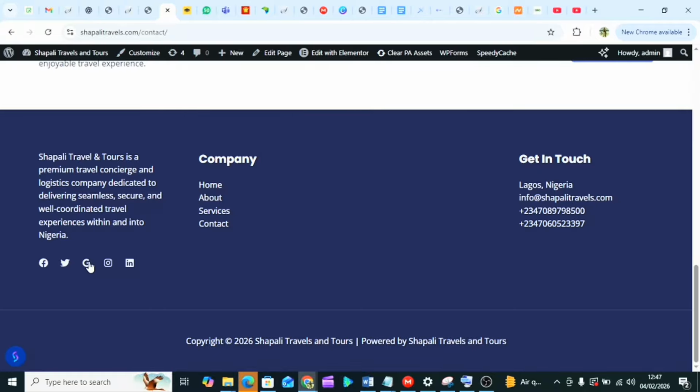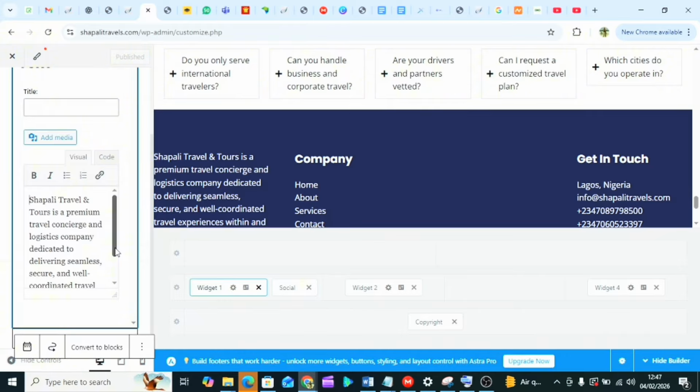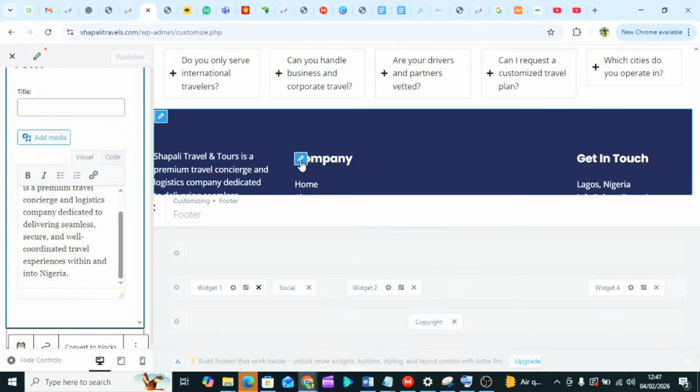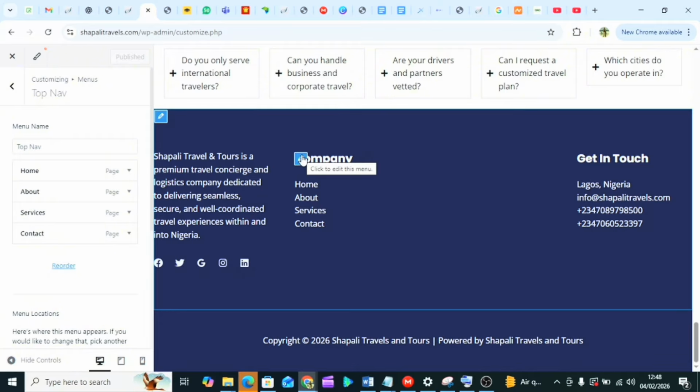Okay, I'm going to now remove the social media handles, because the person, I don't know if he has connected it. I'll just leave it for when the person connects it, but I'll just show you how to remove it. Alright, so as you can see, we clicked on here. Look at it, it has shown where to edit. So you just have to edit this to your taste. Then you come to here under company, click on it to edit it. Right, click on it. As you can see,